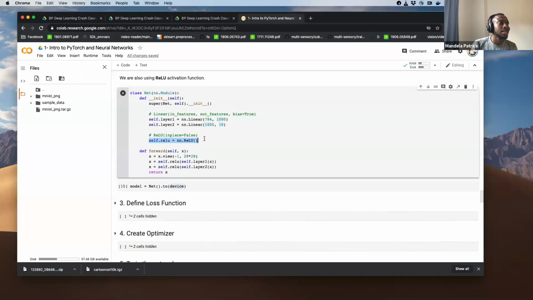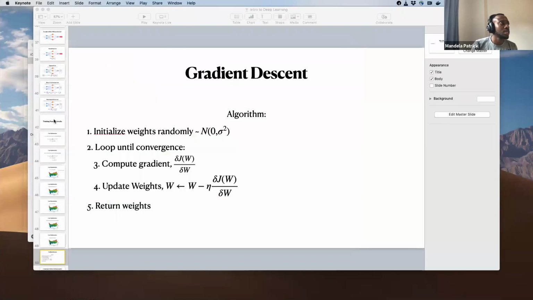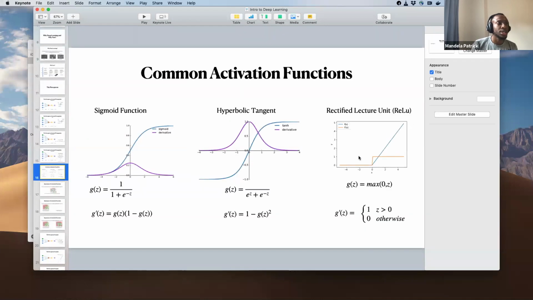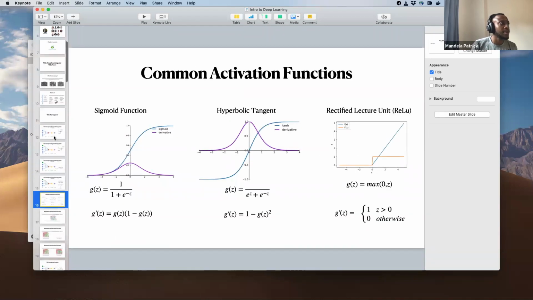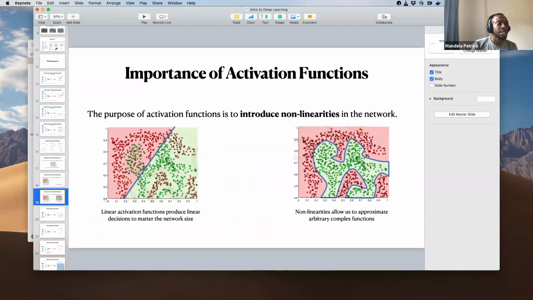This is the activation function that we looked at previously, which is the ReLU activation function. As was said, the importance of activation functions is to introduce nonlinearities in the model to classify nonlinear data.